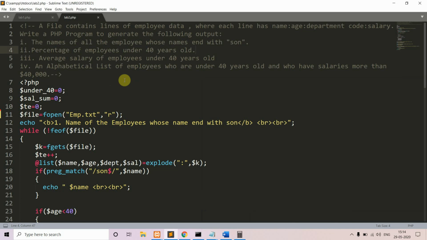So we'll go ahead with the program. We are using some variables here. The first variable I've named under40, which holds the count of employees whose age is below 40 years. Next is salary sum, which is required to calculate the average salary.